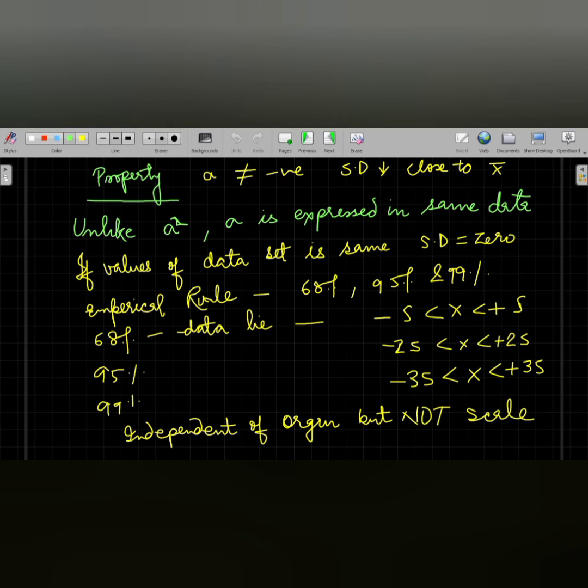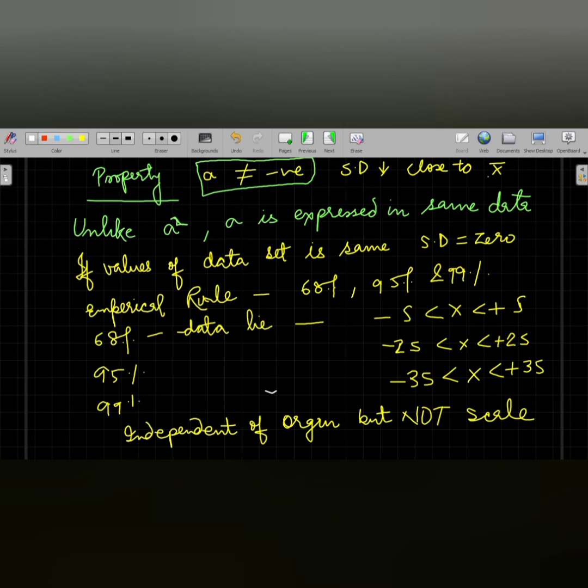Now we'll move to the properties of standard deviation. From the properties only, the questions arise in the examination, so focus on the properties and the formula. These two points are very important. The first and foremost property is that the standard deviation can never be negative. Mark my words. If the standard deviation value comes lower, then the data will be close to the mean.